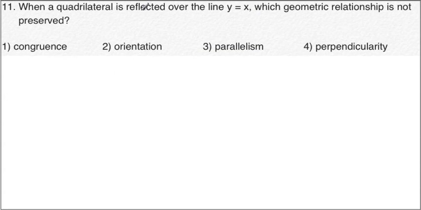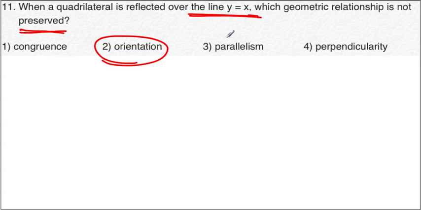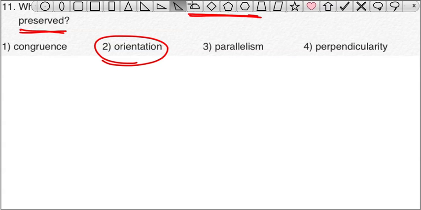Number 11. A quadrilateral has been reflected about y equals x. Which relationship is not preserved? In fact, in case of a line reflection, the only thing that's not preserved is the orientation. In other words, if I were to just give you one figure for that matter,